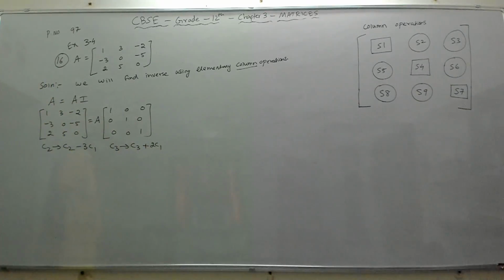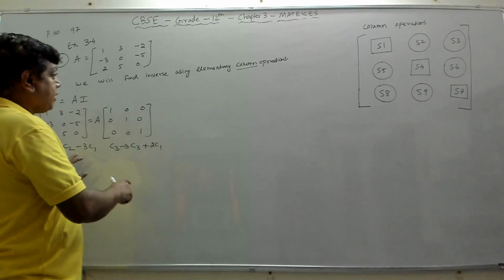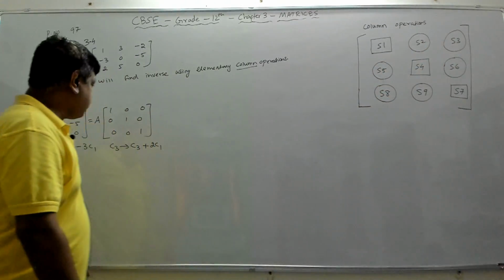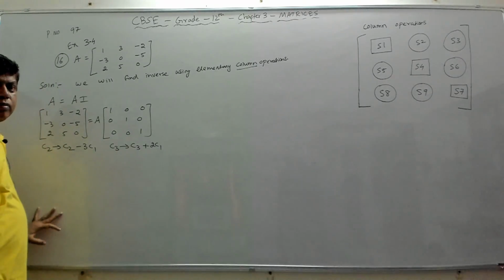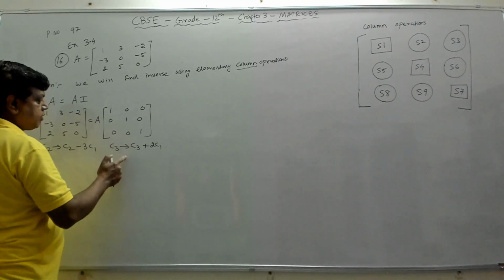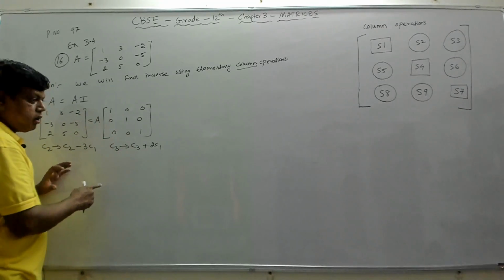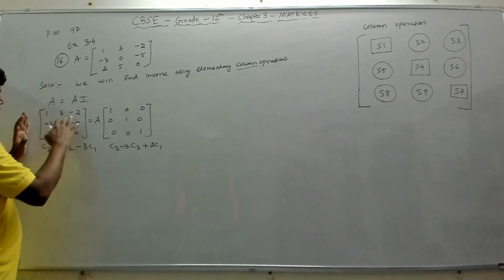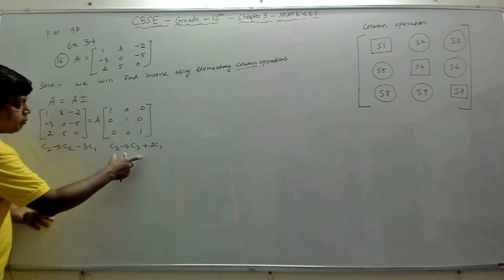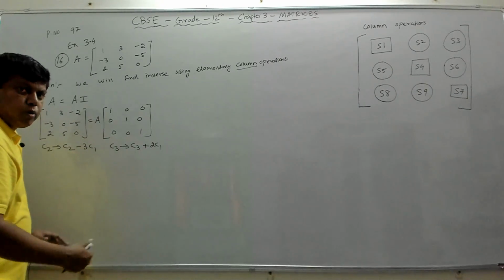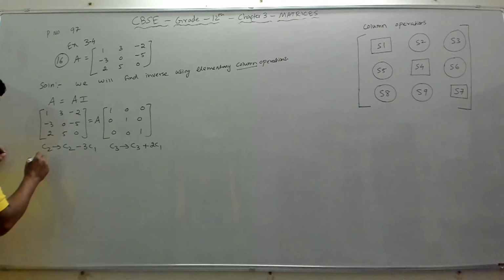So these are the two steps that we are going to apply. We are going to apply step 2 and step 3 together in the same step. Right? So this will take care of step 2, this will take care of step 3. Both we are applying in the same step. That can be done. Or if you are confused, you do this first and change column 2, C2 alone. Then in the next step, you apply this on the resultant matrix. Both will be fine. So if I apply this, what do we get?